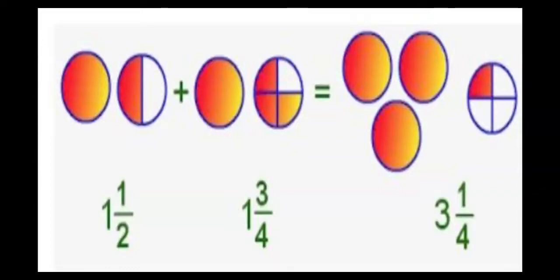So when you add these two mixed fractions, what do you get? You can see there are 2 wholes already. So 2 wholes are already there, and the first fraction shows a half part, and from the half part from the second fraction you get one more whole part. So 3 wholes you get, along with the 1/4 part which is left. So here in diagrammatic form you can see 3 wholes are shaded with one part out of total 4 parts. So it gives me 3 1 by 4.